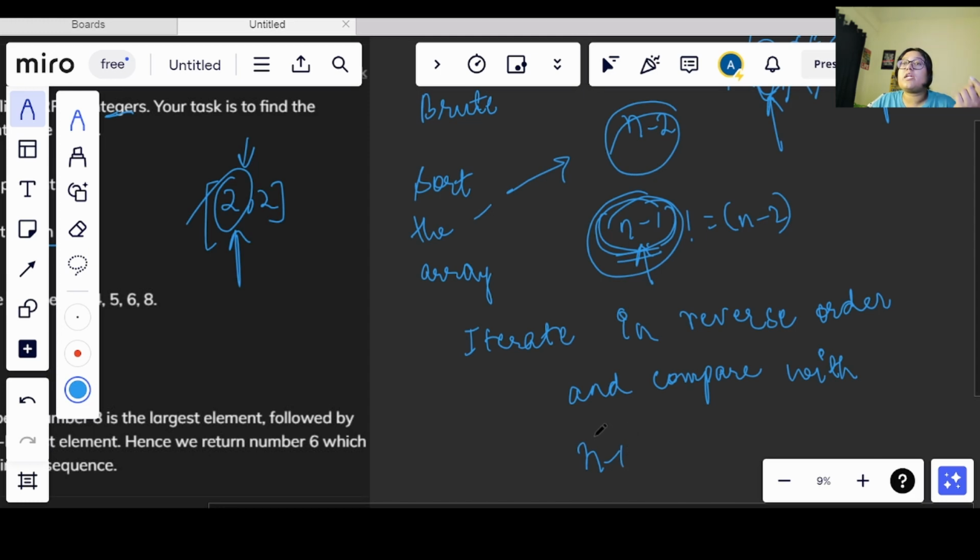Now if the length of this array is 1, then we will simply return -1, because it will not have a second largest value.